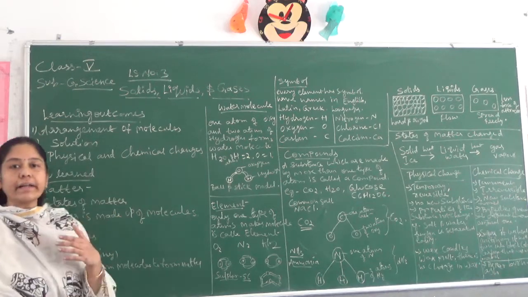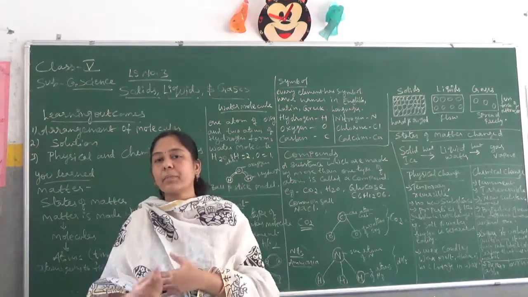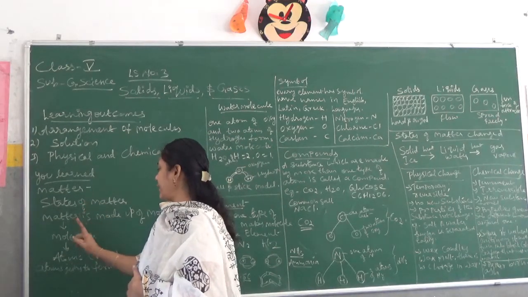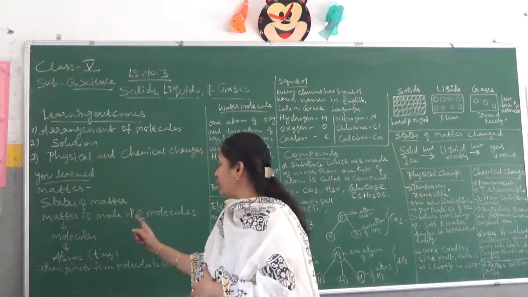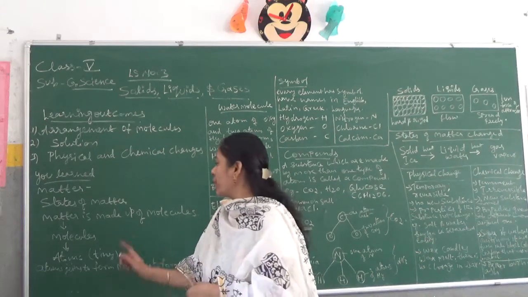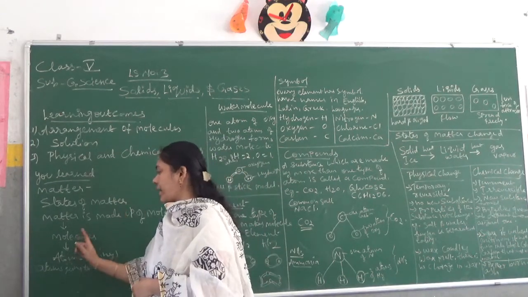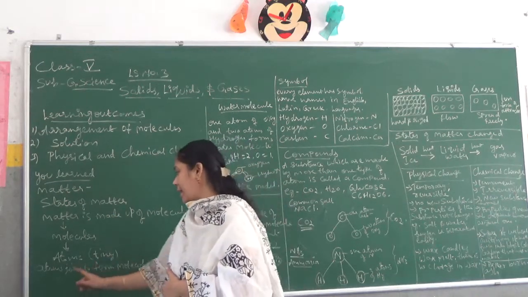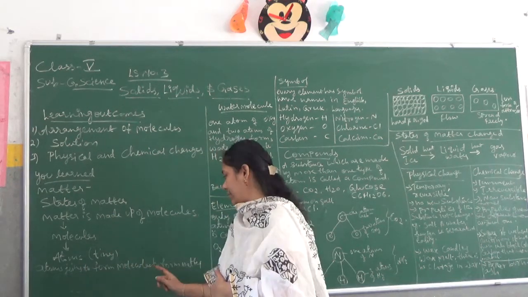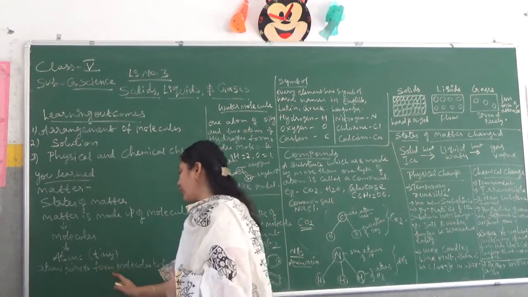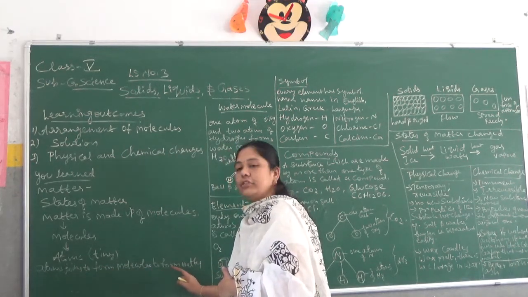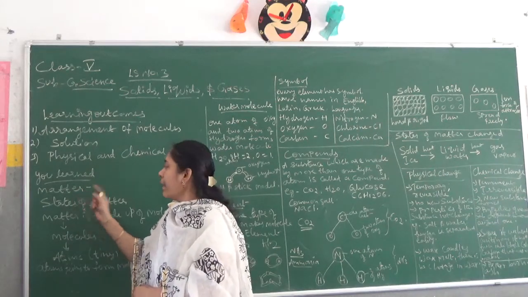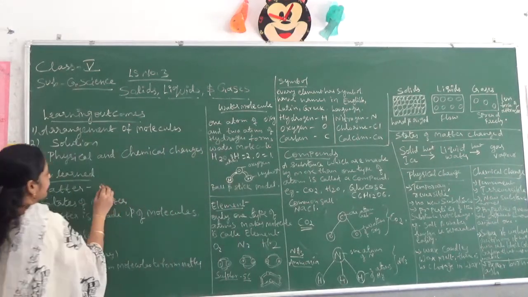What you have already learned in your previous class: you learned about matter, states of matter, and what matter is made up of. Matter is made up of molecules. Molecules are in turn made up of atoms. Atoms are nothing but tiny ones. So atoms join to form molecules and molecules join to form matter. Understand, children? So, what is matter? Matter is nothing but anything that has